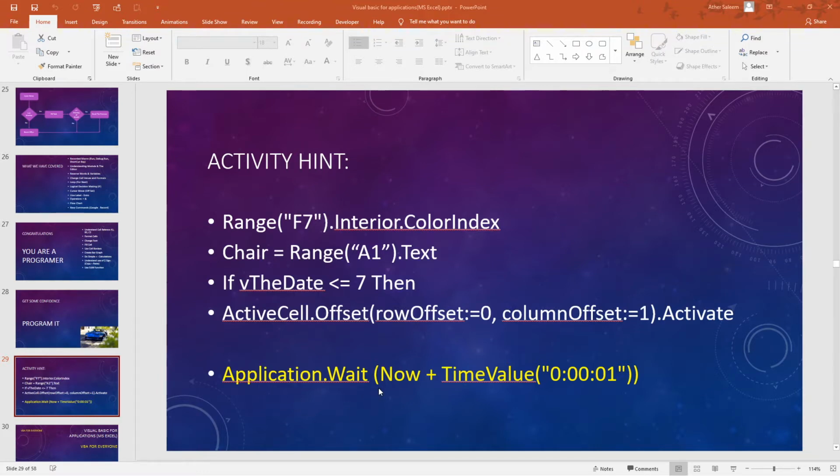Application.Wait: Now is the current time up to seconds, hours, minutes and seconds, plus a TimeValue of 1 second. So this will make Excel stop the macro execution for 1 second. And then I showed you how our worksheet would work. So let's see that again.